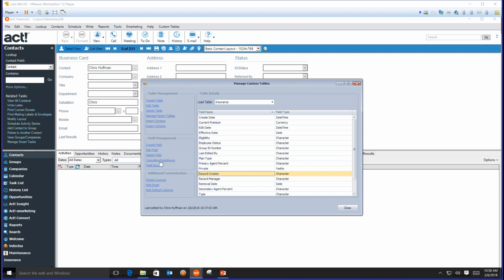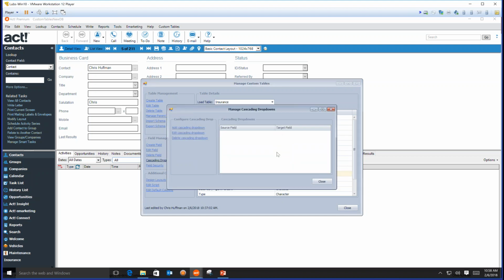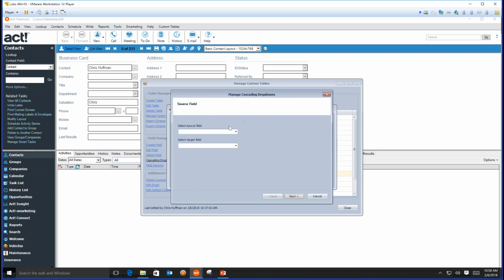One thing actually before I leave you guys here, I wanted to talk about cascading drop downs. So let's go into there. This is an option that's not available in ACT itself without an add-on, the default ACT defined fields. This allows you to say, okay, if for example, in this type, let's add a cascade. Let me just show you. I guess it might be easier to show you. So if I add the type field,